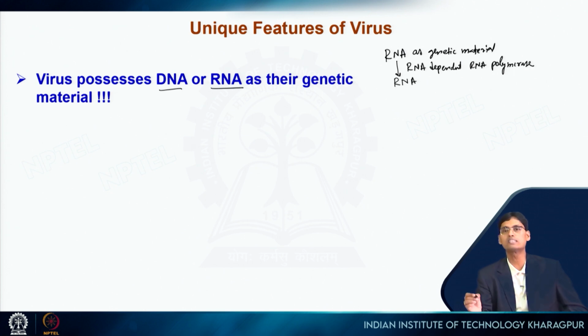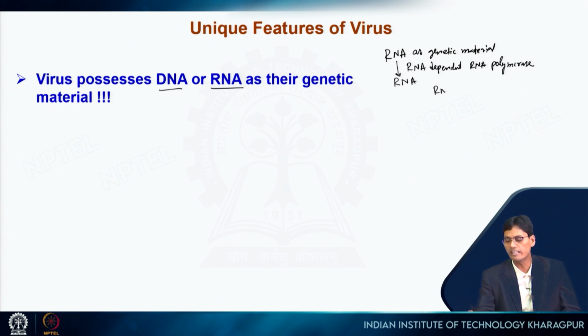You know that in our system, during transcription, I mentioned that we have RNA polymerase. It uses DNA as template and then synthesizes RNA. But this is RNA dependent RNA polymerase. It can synthesize RNA out of RNA, which is only present in viruses. The information to code this enzyme should be there in the viral genome itself, and when it enters the host cell, it will make this enzyme. Similarly, some viruses can convert their RNA into DNA.